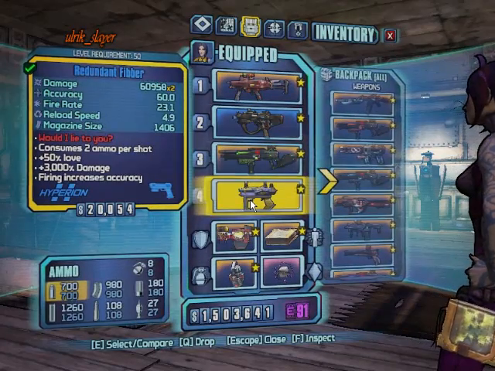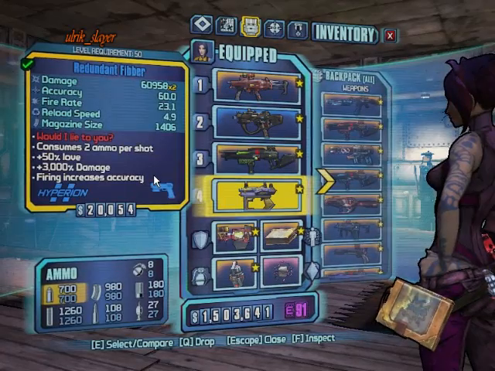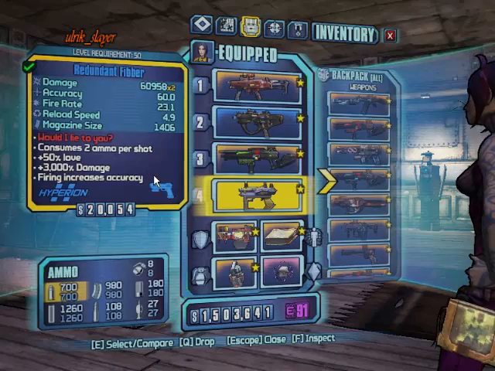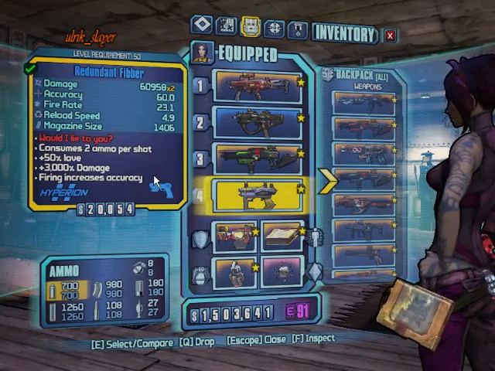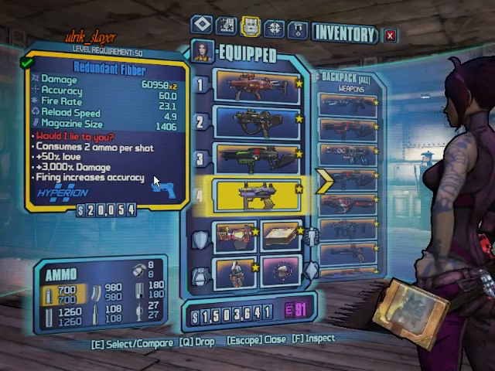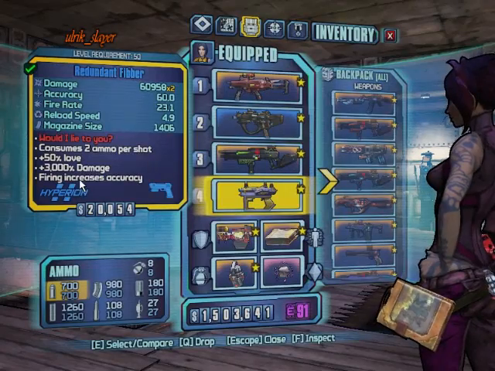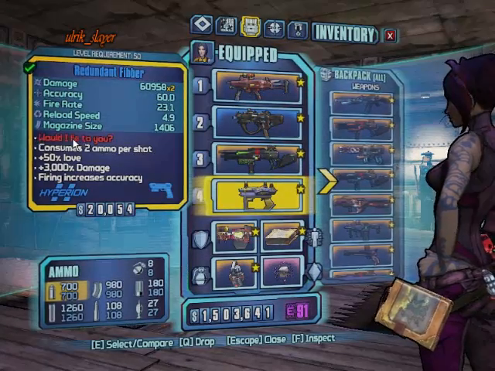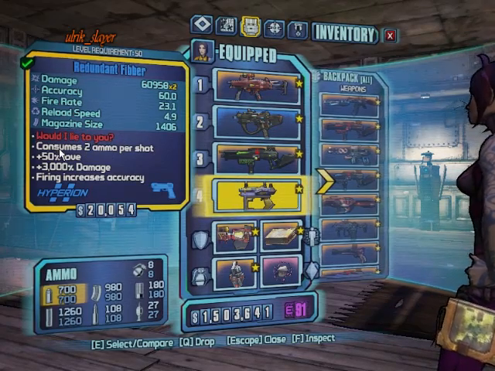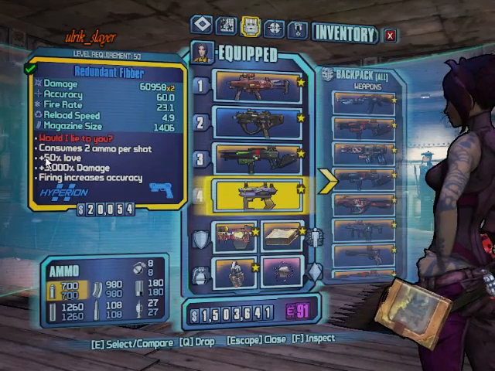Ironically, even though this is in slot number 4, this is my real primary weapon, the one that I use most often against the harder enemies, and this is the Redundant Fibber, which is the most powerful version of any of the Fibbers out there that I know of. What makes this gun so powerful is, you'll notice its stats. These are pretty much bullshit. You'll notice that "Would I Lie to You" in the kind of cryptic red flavor text here negates all these stats. Love is not a thing